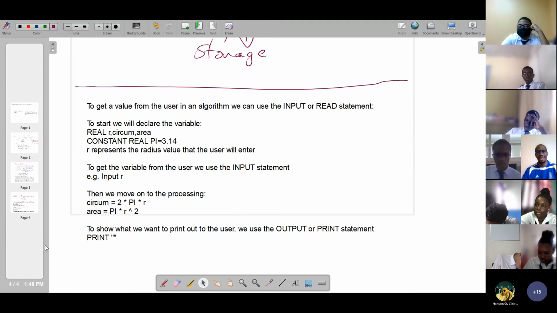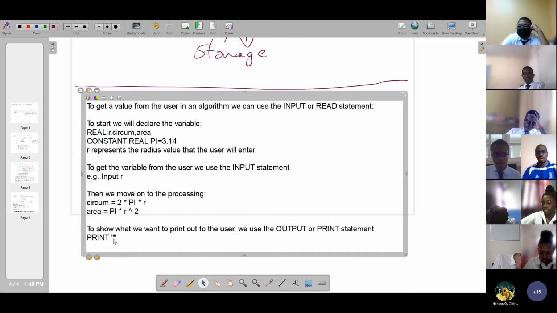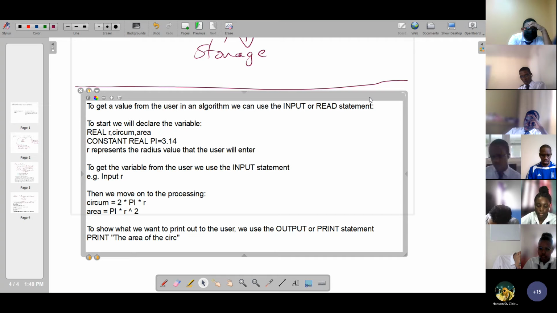This is called a string literal. Okay? So within the print statement, we can have variables, which will print the value represented by the variable, or we can have the string literal. So if I type the area of the circle